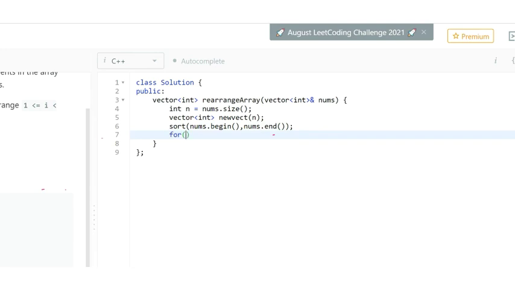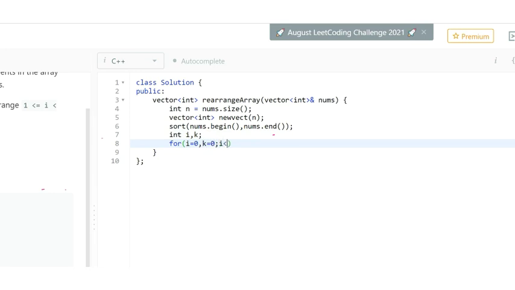Now we will run 2 loops. Let's declare i and k here only. So we will start i from 0 and k from 0.